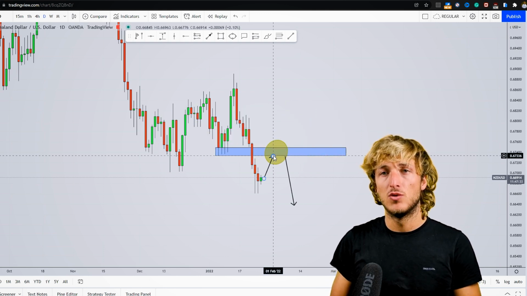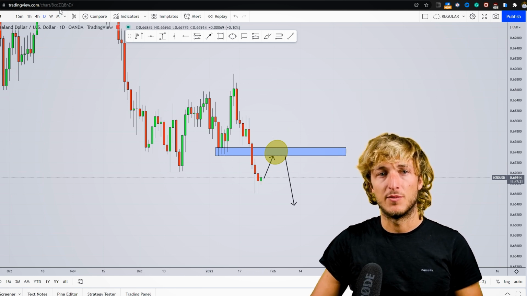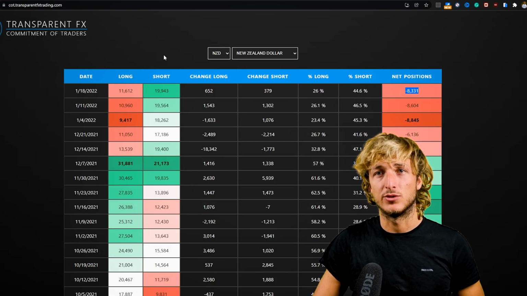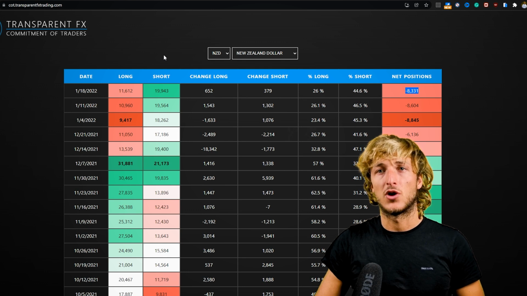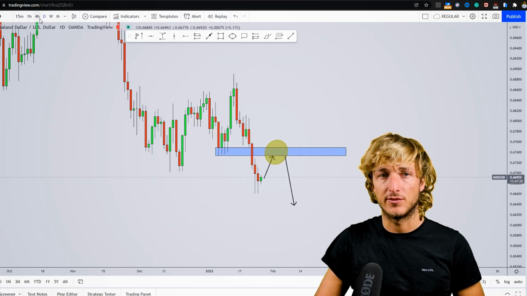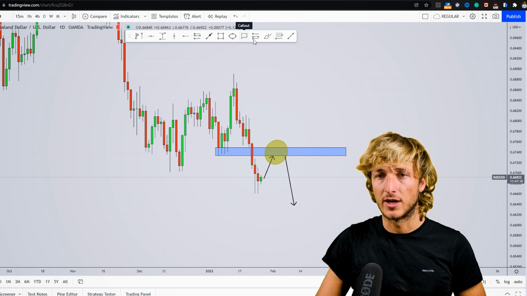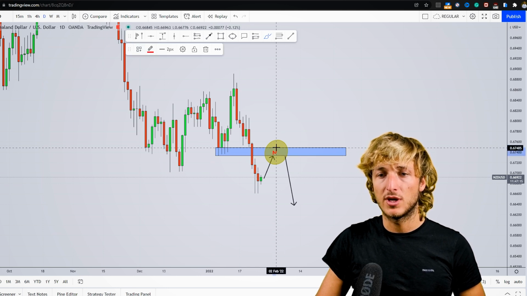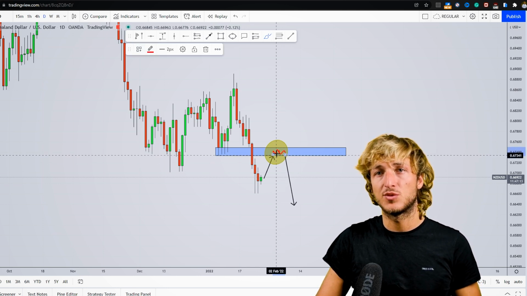Now, as usual, we will be reactive and not predictive. The monthly, weekly, and daily combined with the COT data, those are the best time frames from a directional perspective. However, when it comes to confirmations and entries, the best time frames are the intraday time frames, so 4 hour and lower. Therefore, with students, what we will be doing is monitoring price action from an intraday perspective